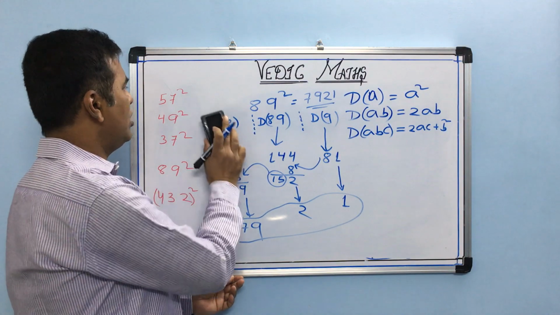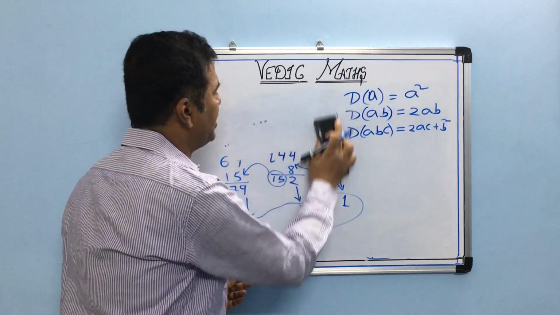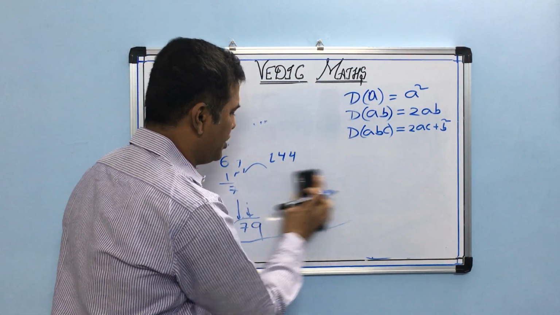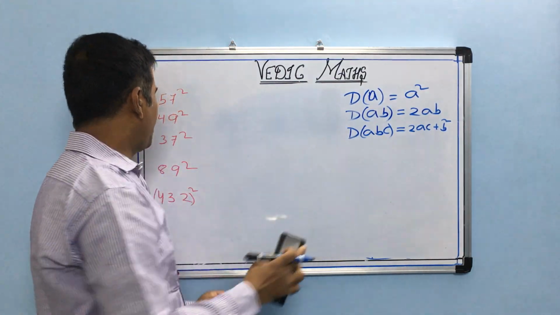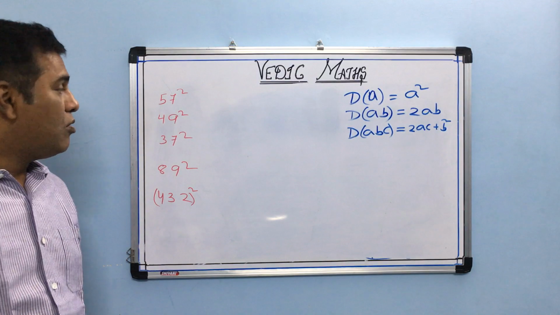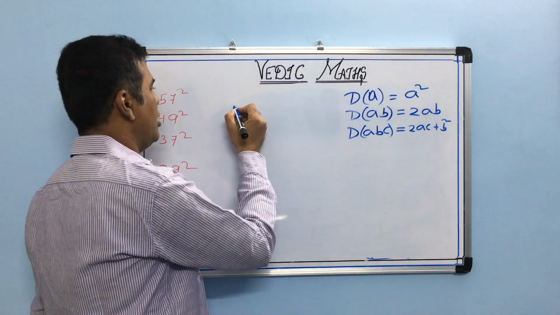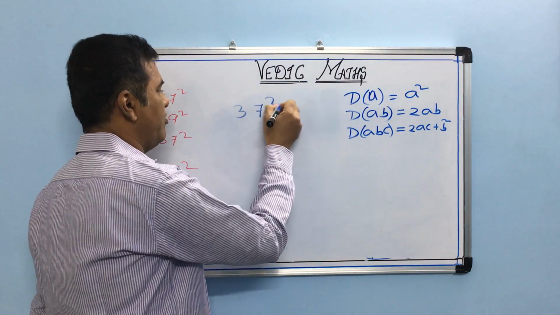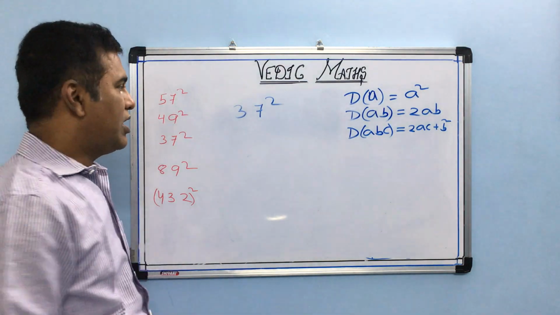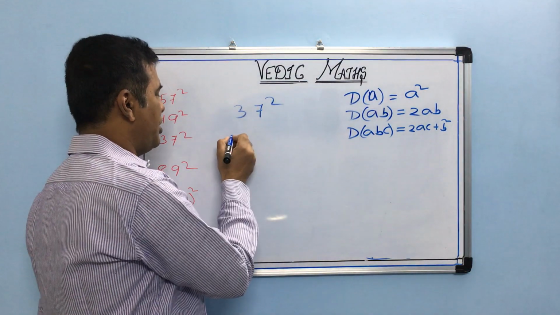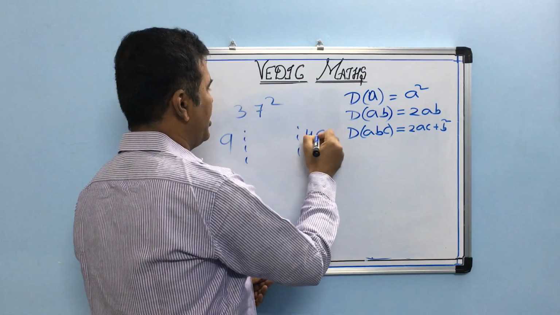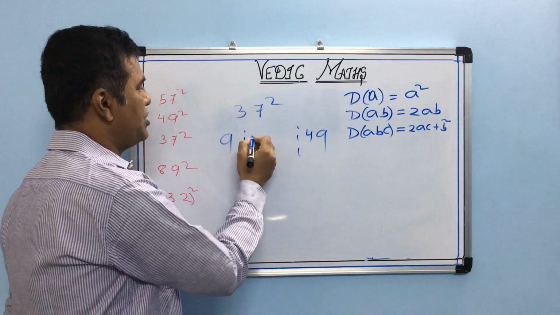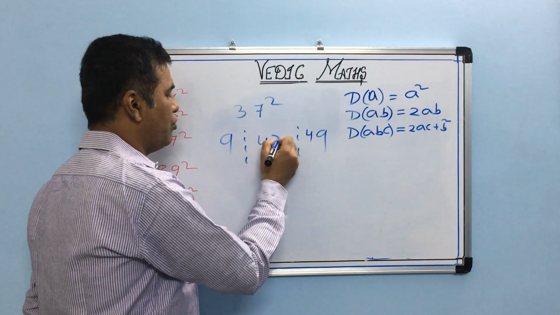Okay, so now we'll see how much fast you can do it. So this is about the process, how to do it. Okay, and the process is clear to you. Suppose now I want to find the square of 37. Okay, so what I will do, duplex of 3 is 9, then duplex of 7, it will be 49. And then duplex of 37, 3 into 7 is 21, into 2 is 42.